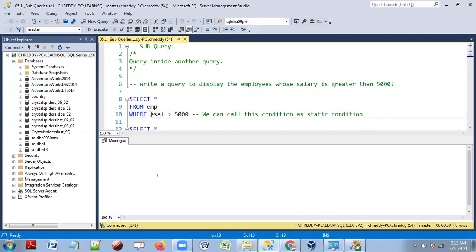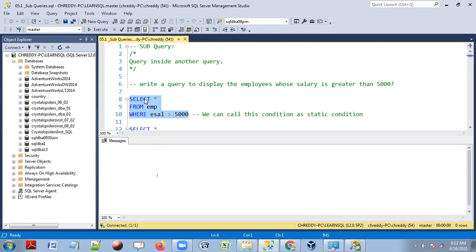Now, whenever we execute this SQL query, it is going to produce the same criteria of results. Same criteria of results means it always produces the records whose salaries are greater than 5,000.